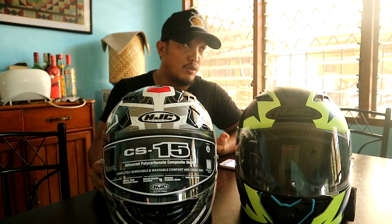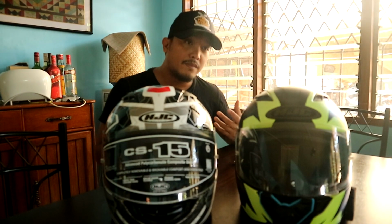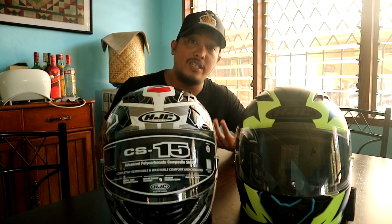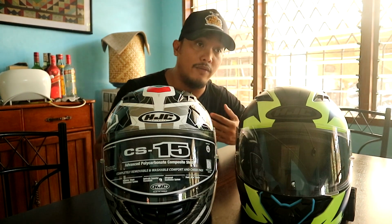And from what I understood, when I was starting to do rides and go out with other bikers, they have this idea of two variations of sizes. They call it the race fit, and they have the regular fit. But from what I understood, the race fit is one size down from your regular size. If your size is around large, you go down to medium. That's what they consider a race fit. That's what I have learned, I'm not sure, but this is what I've heard,